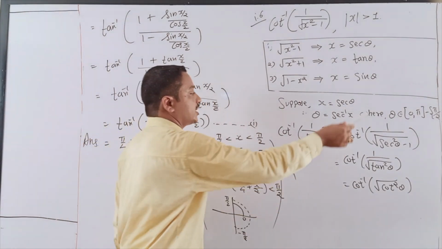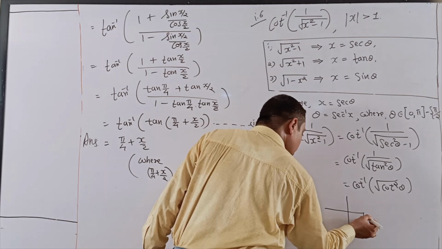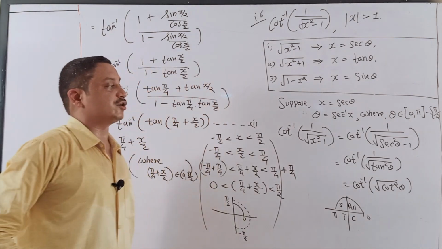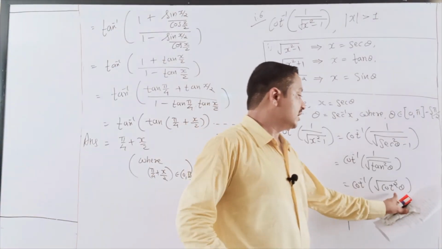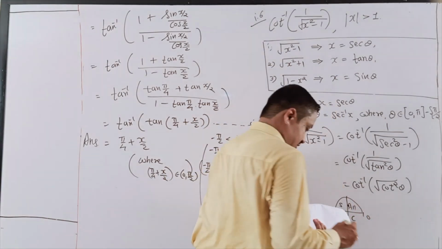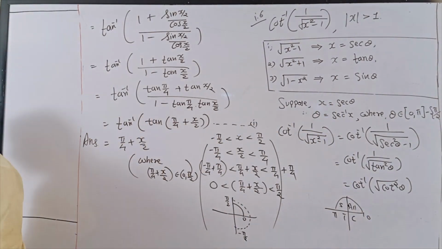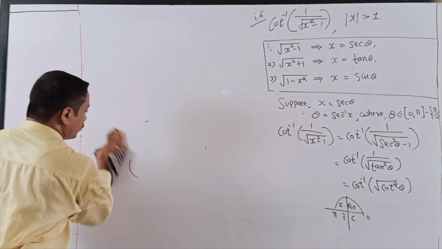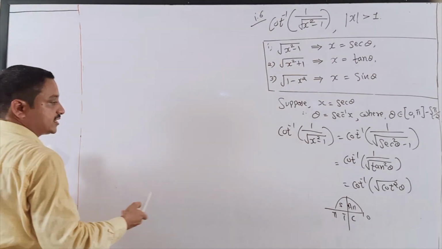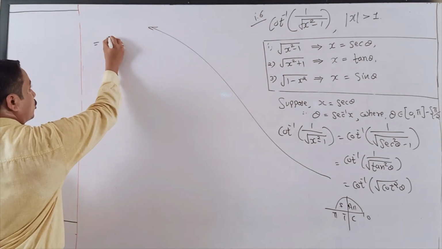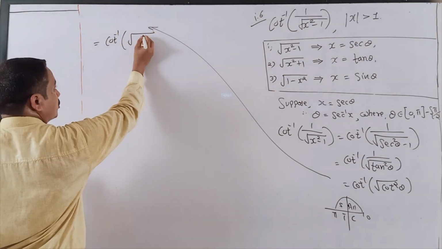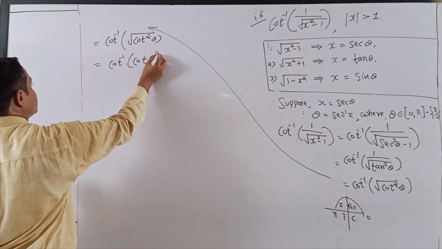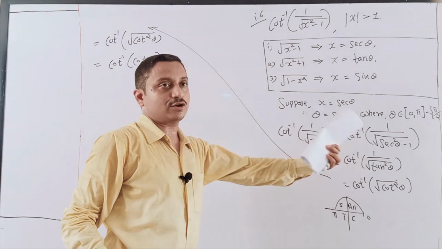Now wait, what is the range of the interval, 0 to pi? It means first and second quadrants, all STC wise, so I declare this value is positive. So cot inverse, okay students, I just mention this side. In this case I am further doing cot inverse under root cot square theta. So I just write it is cot theta. Now check out whether theta belongs to the range or not.